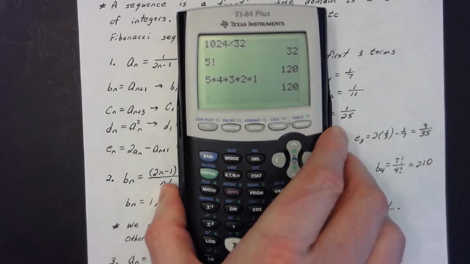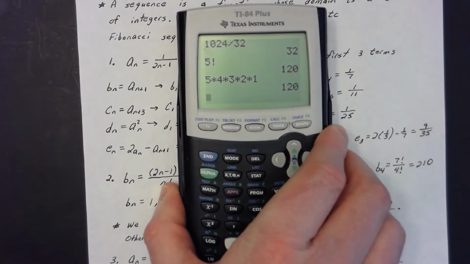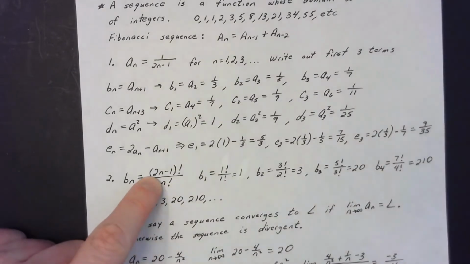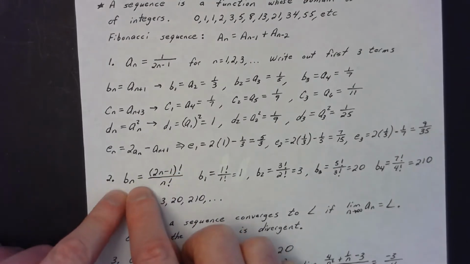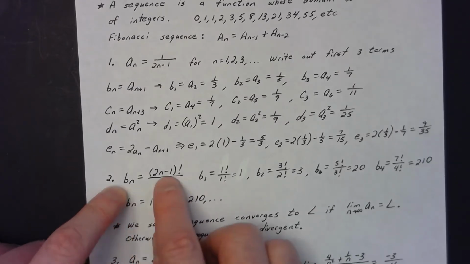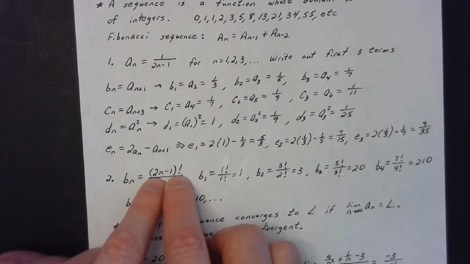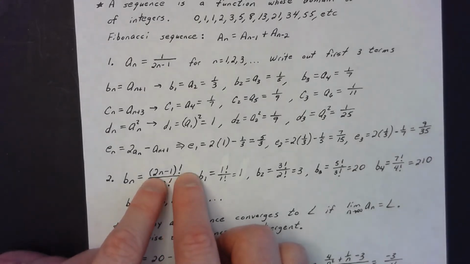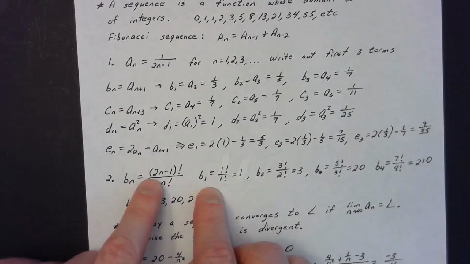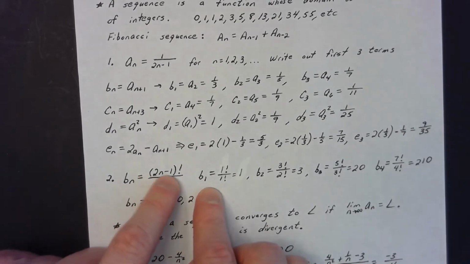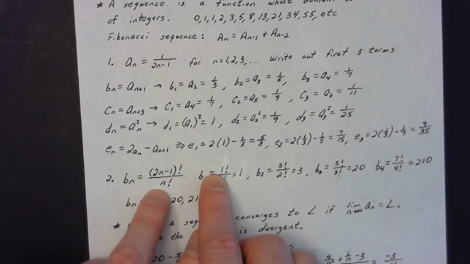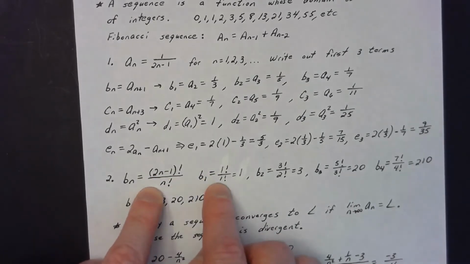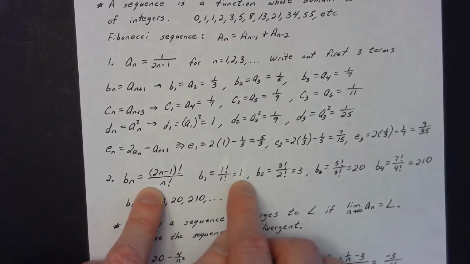Now, whenever we're doing that in the context of a sequence, we'll just have to think of it in terms of how it's going to affect the problem. So I want us to look at the sequence B sub n, and yet again I want to write out the first 3 terms, where the numerator is going to be the group 2n minus 1 factorial. Well, B sub 1 then. I would say 2 times 1 minus 1, well, that's 2 minus 1. My numerator is going to be 1 factorial. My denominator, obviously, over n factorial would be 1 factorial. So we get our first term is just 1.